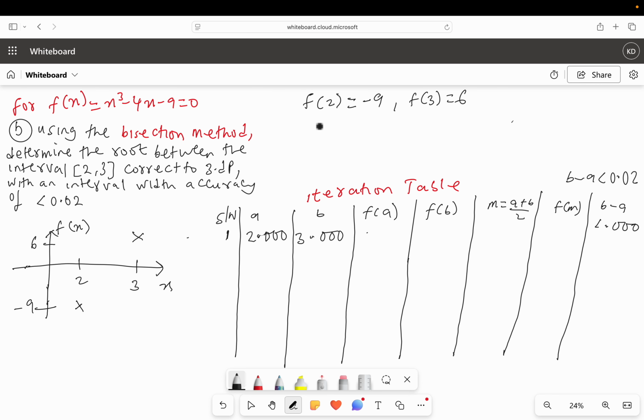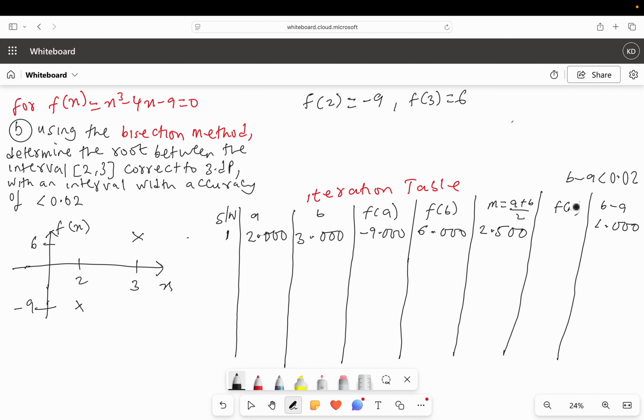So I have already computed my f of 2 and f of 3 from question A, which involves substituting x with the appropriate value in this cubic polynomial equation. So f of A is just minus 9. So I have minus 9.000, and f of B is just 6.000. So the key part of the bisection method is bisecting the interval by 2. So that is finding the midpoint between the upper and lower part of the interval. So for this case,